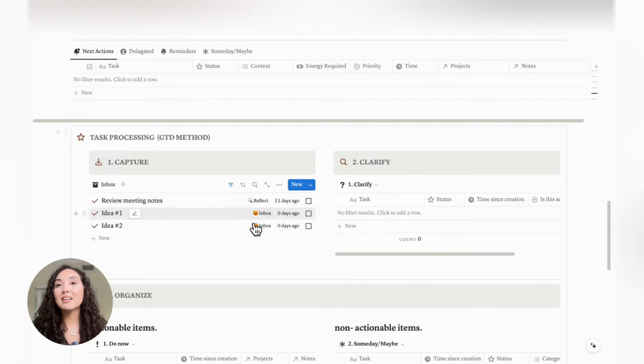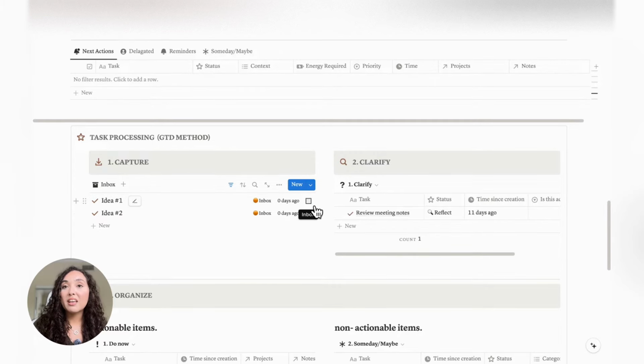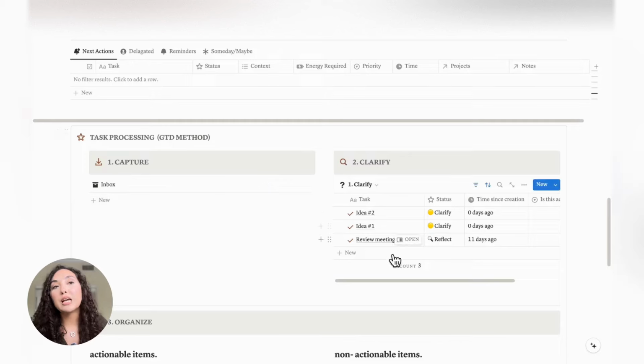So currently the status of these items in our capture database is inbox, since we just put these items in our inbox and we still haven't processed them yet. So once you've captured your items, click on the checkbox and the item will move to step 2 of this section. So now the status will change from inbox to clarify, which also corresponds to step 2 of the GTD system. And if we go to the clarify tab, here you'll be able to see all the items you've moved